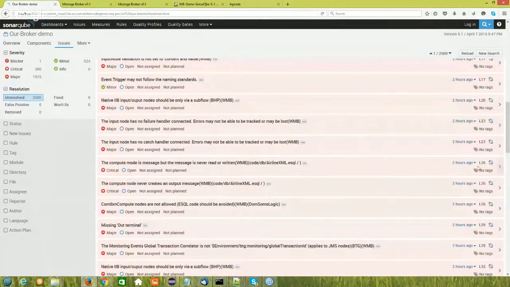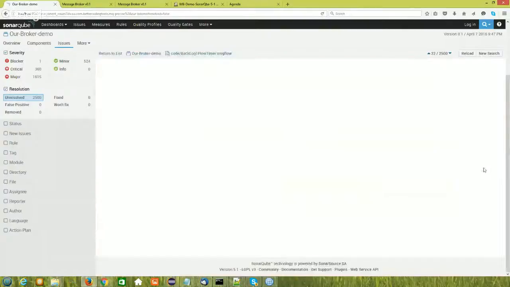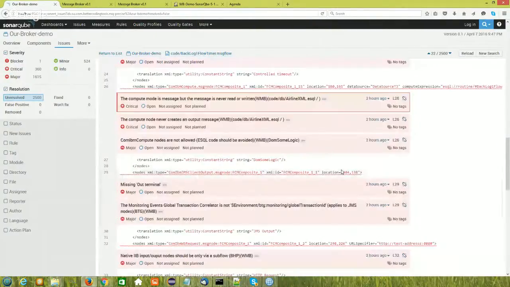So if we look at this particular compute, what we're saying is we've got a compute node that says pass the message in and pass the message out, but we're not actually creating a message on the way out. So basically, it looks like this compute node could